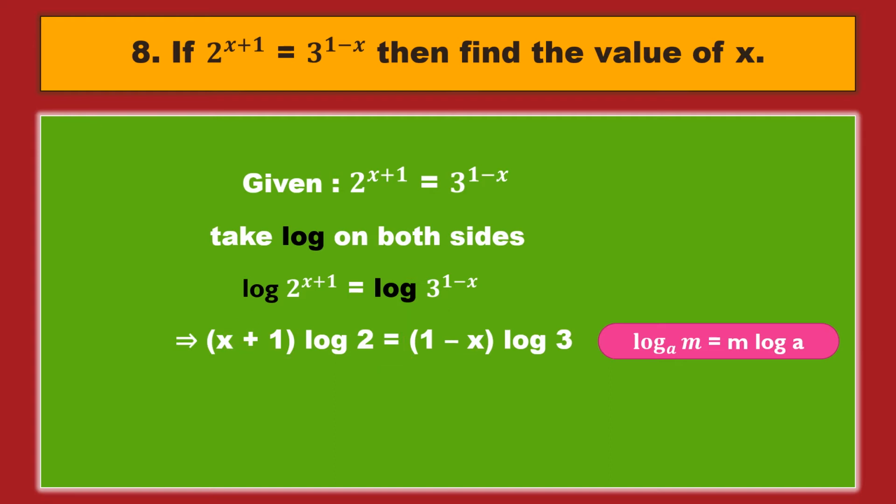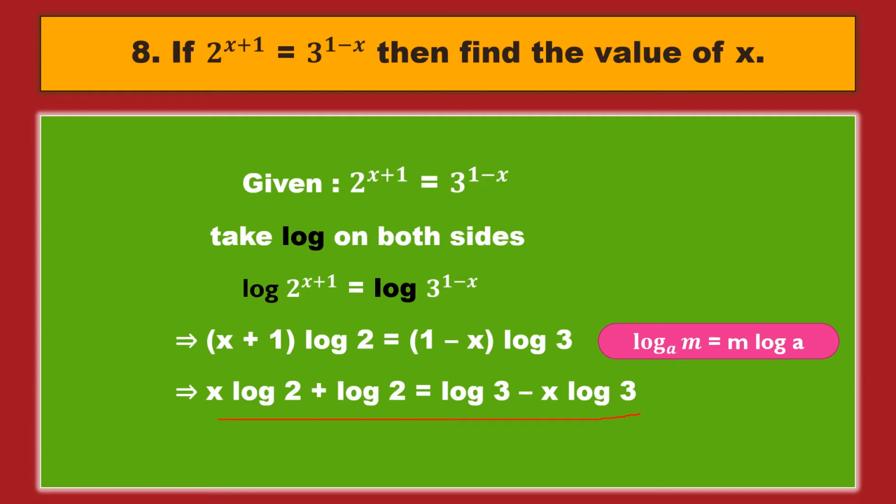So to separate them, whatever log 2 is there, you give it to both of them, because it is under the distributive property. So we distribute this log 2 to both of them: x log 2 plus log 2. Next 1 log 3, or log 3, is the same, minus x log 3. So we got this one. Now these two are the x terms from this equation. So we'll write these x terms together on the left side and the other things on the right side.